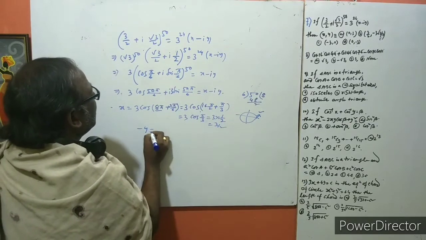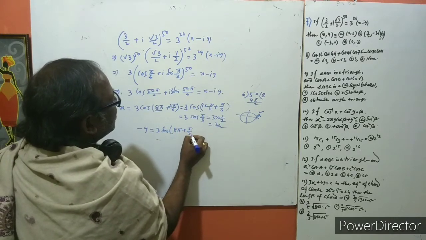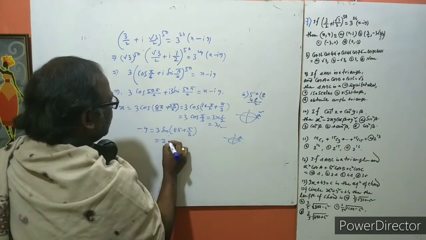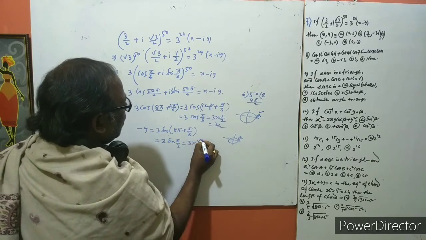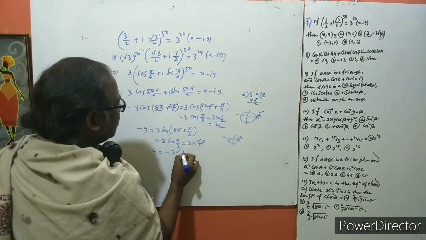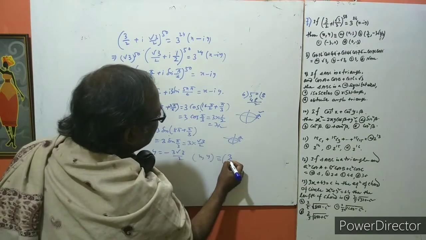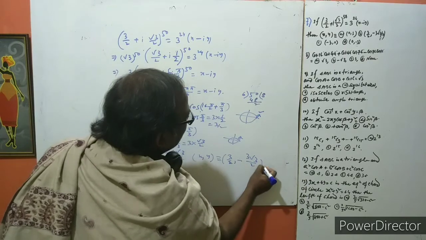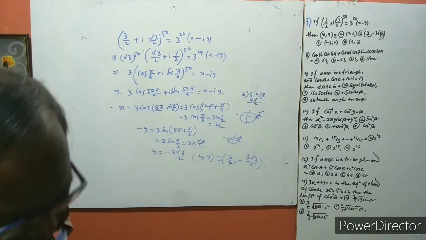And minus y is equal to 3 times sine of 8 pi plus pi by 3. Again, dropping the full rotations, this is sine pi by 3. This is here 3 into root 3 by 2, sine 60. Okay, therefore y is equal to minus 3 root 3 by 2. Therefore the coordinates (x, y) are (3 by 2, minus 3 root 3 by 2), and this is option B here. Okay, option B, and it's complete.